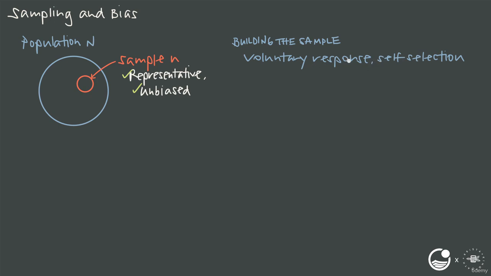voluntarily participate in a study or a survey, or they self-select for participating, we ask people to participate and some people voluntarily participate and others don't, by definition, we're getting people who are more willing to participate, and that could skew our results. For instance, maybe we want to ask students about their study habits, and we allow students to voluntarily participate. Well, maybe students who already have better study habits, who are better students, are more eager to participate in a study like this one than students with worse study habits or students who maybe aren't doing as well